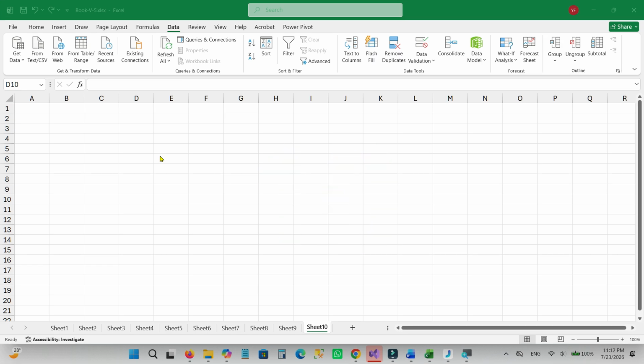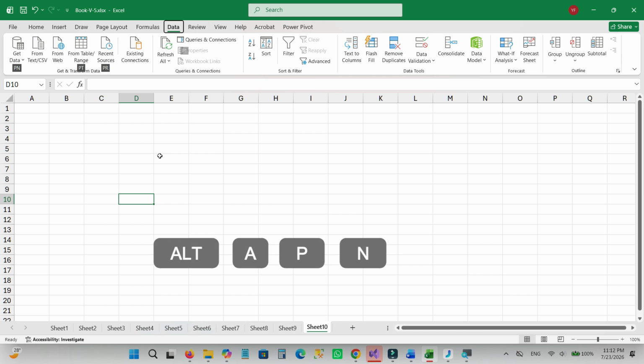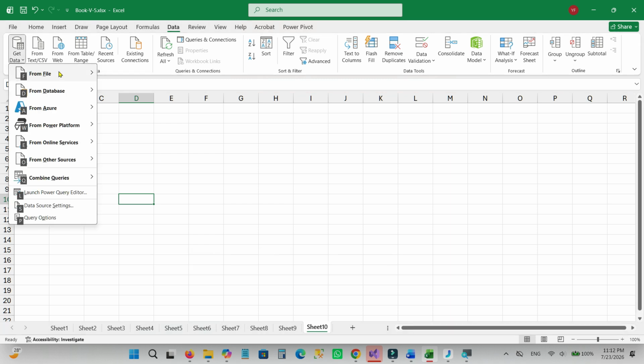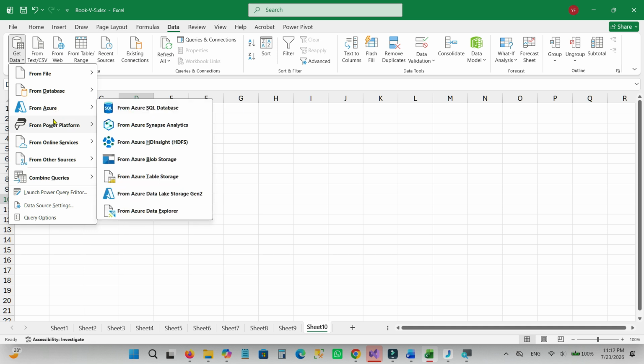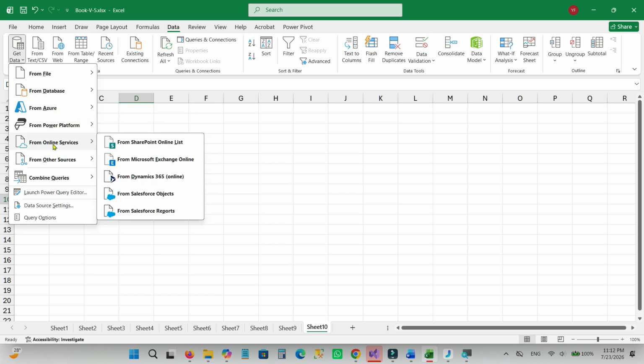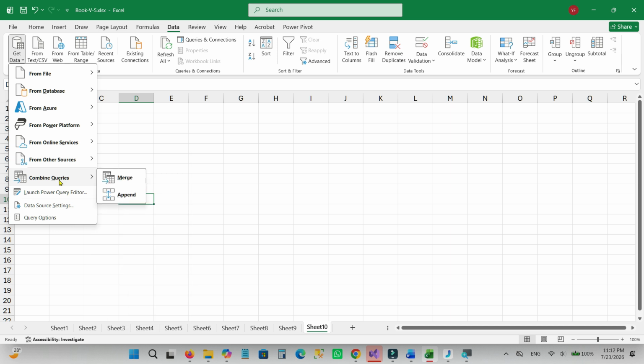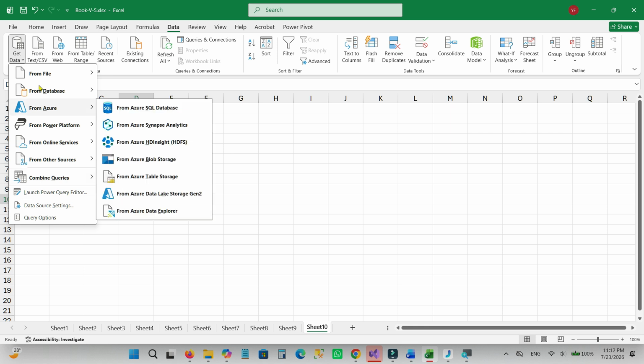And here's the final pro tip, the one most people never discover. To unlock the real power of Excel, press Alt, A, P, N. This shortcut instantly opens Power Query, the place where Excel becomes a true automation machine. This is where you can clean massive datasets, transform tables, and even connect Excel to AI tools like ChatGPT to